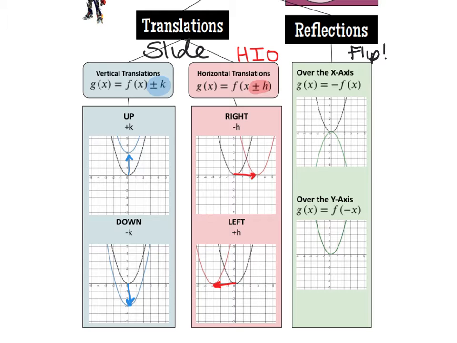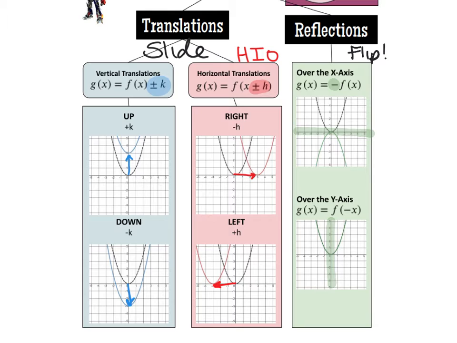We can flip it over the x-axis by putting a minus sign in the very front, which means it goes from a happy parabola to a sad parabola. We've kind of talked about this before, where if you make it negative in the very front, it makes it a sad parabola. You can also reflect something over the y-axis, and with quadratics, it doesn't really look any different,